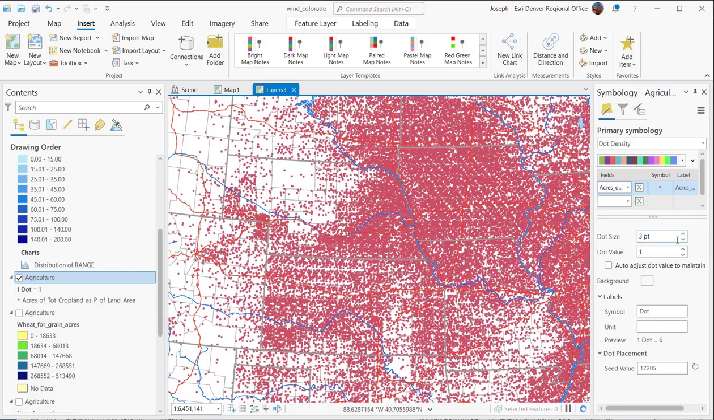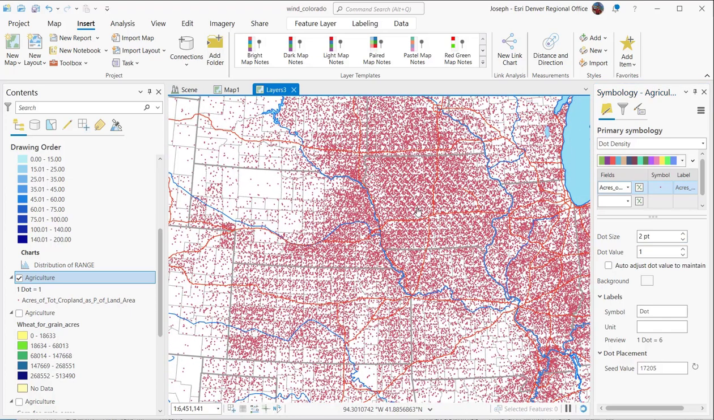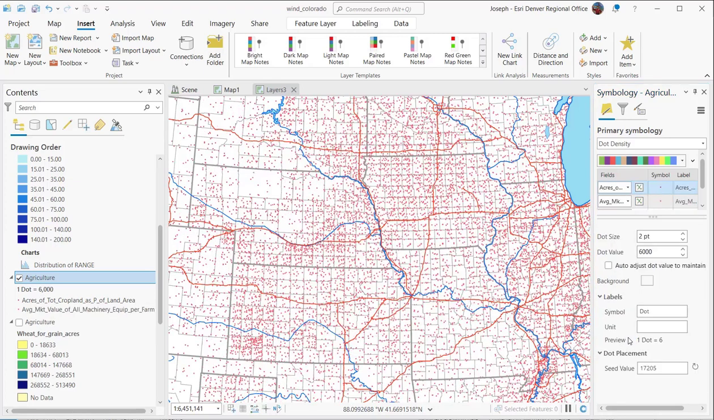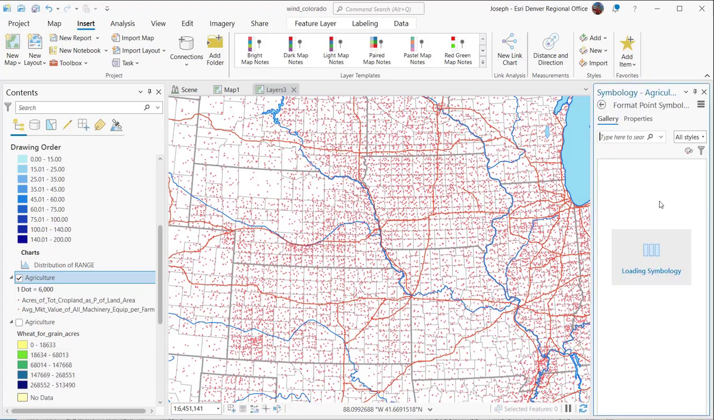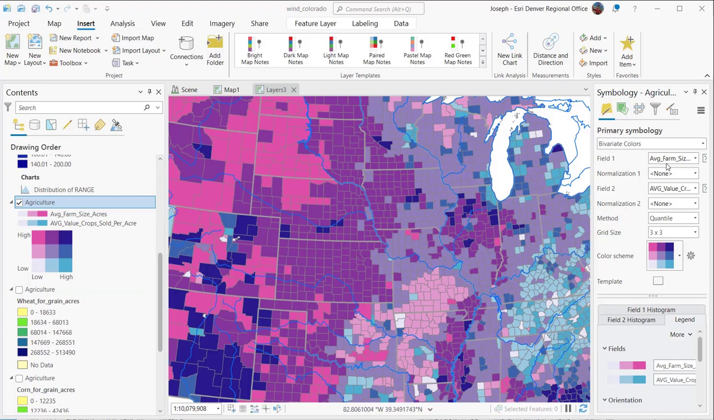So here I've got acres of cropland, so I can see right away the sandhills of Nebraska, the Ozarks standing out as less heavily cultivated than in the middle of Iowa or eastern Kansas and Nebraska, eastern South Dakota, Minnesota, etc. If I change the dot size and dot value, I've got a different representation of that particular phenomenon. I could also, of course, change the symbology. Let's go ahead and make a